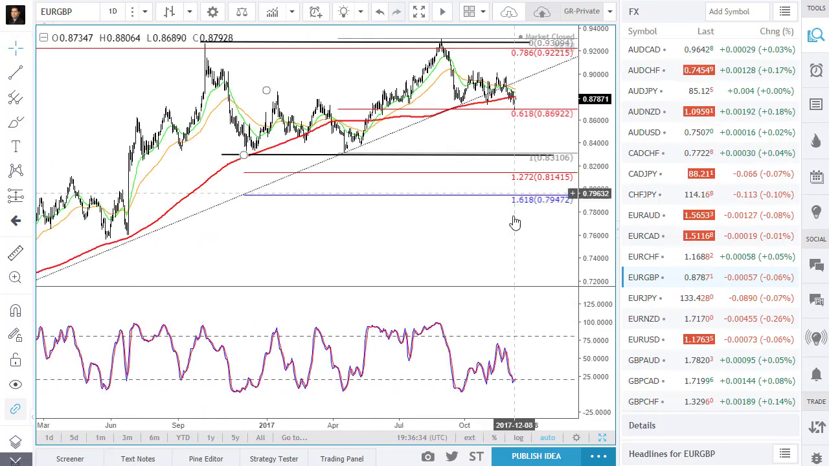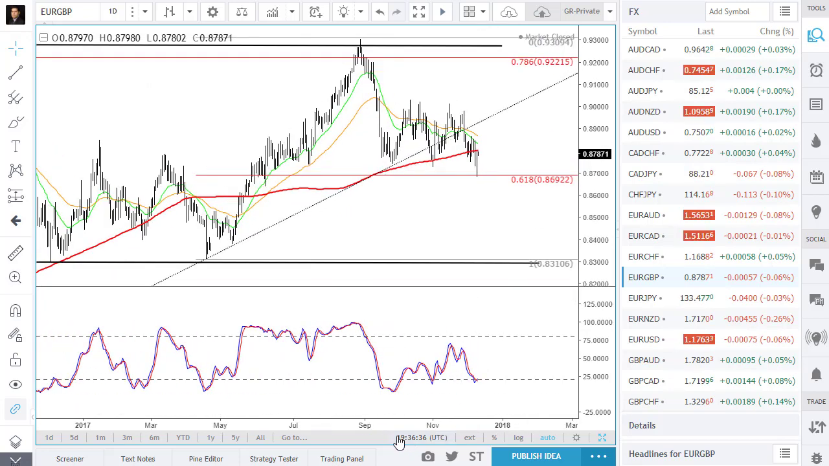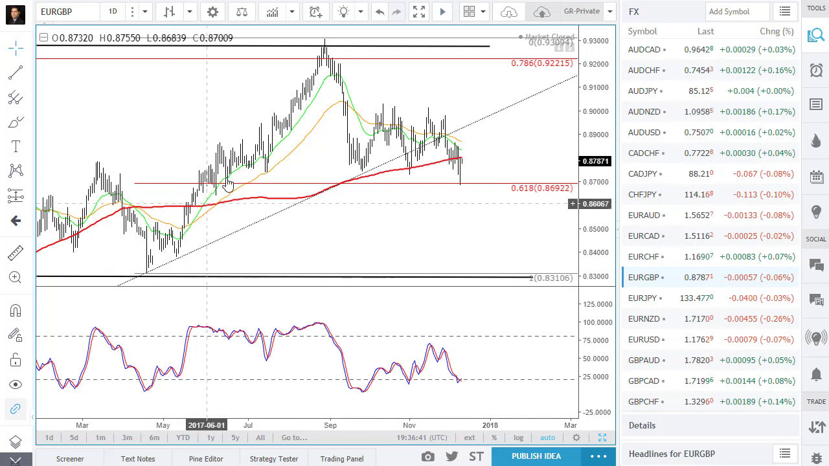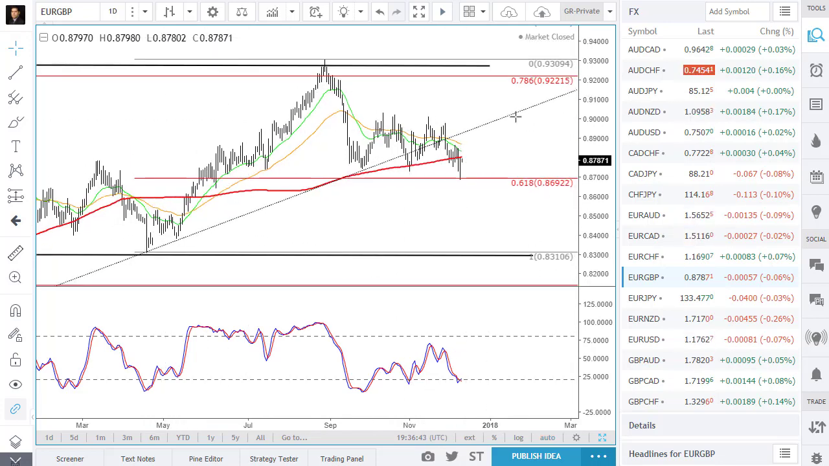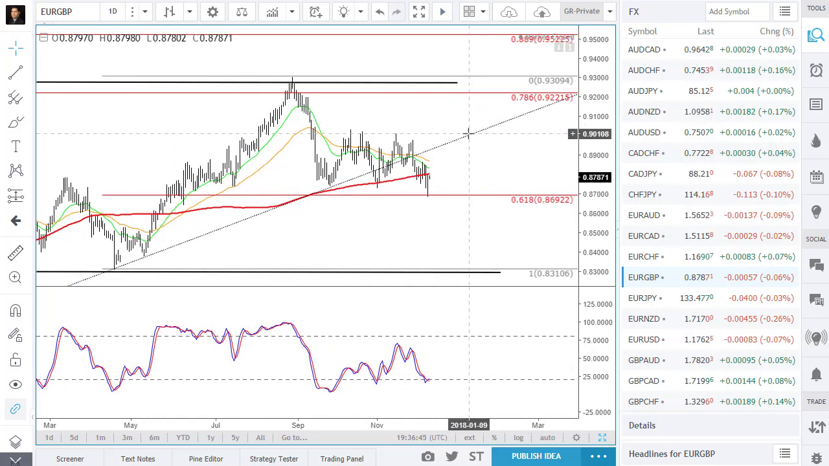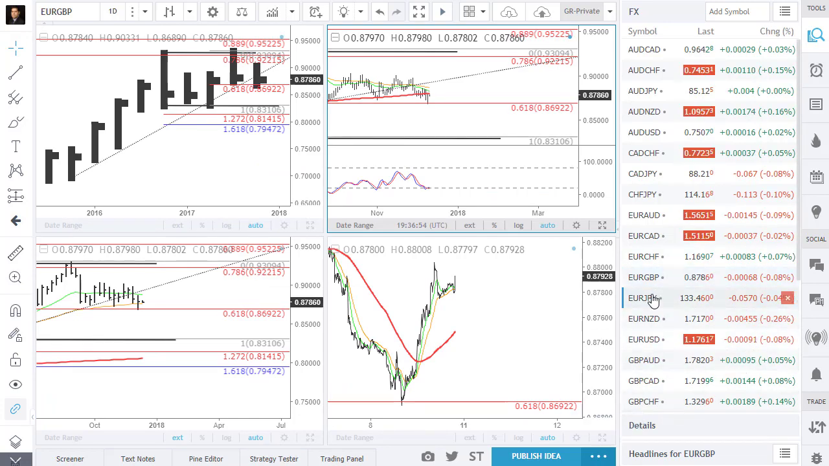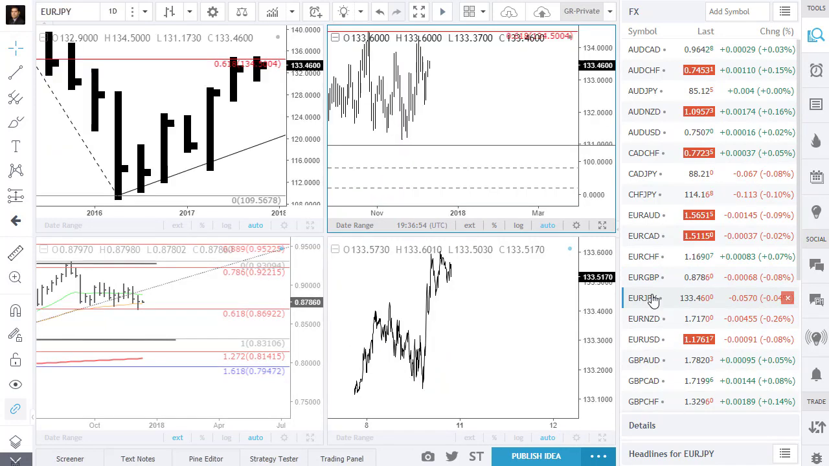Now that's a short-term trade. The longer-term trade would be risking this 500 pips to get the 1,000 pip winner. So just something to pay attention to here in the euro pound. Let's see, we have the euro yen. Euro yen, it keeps popping up in my